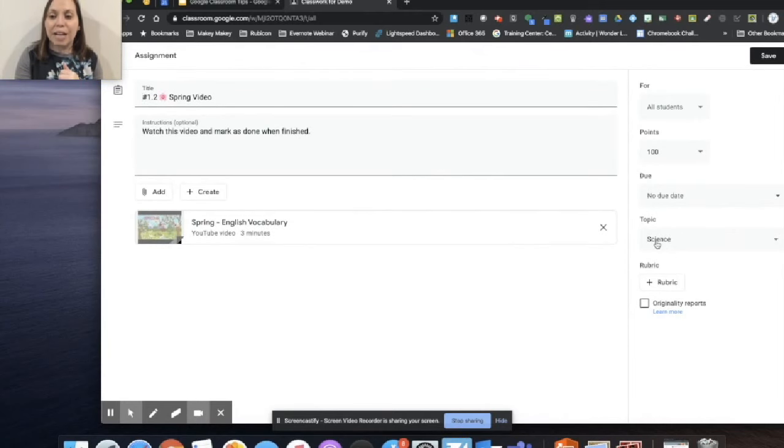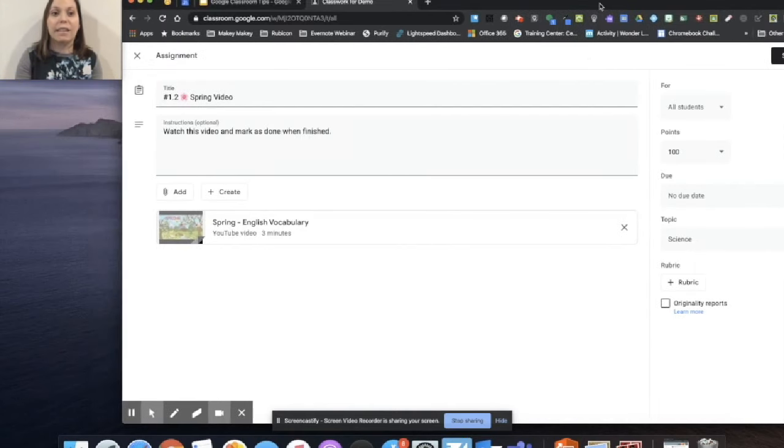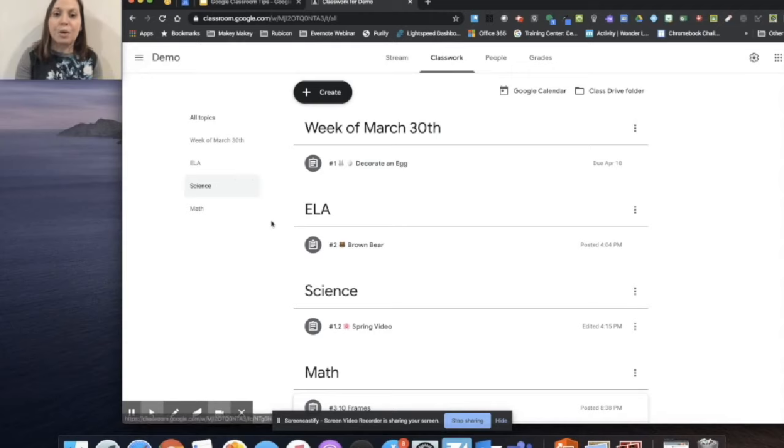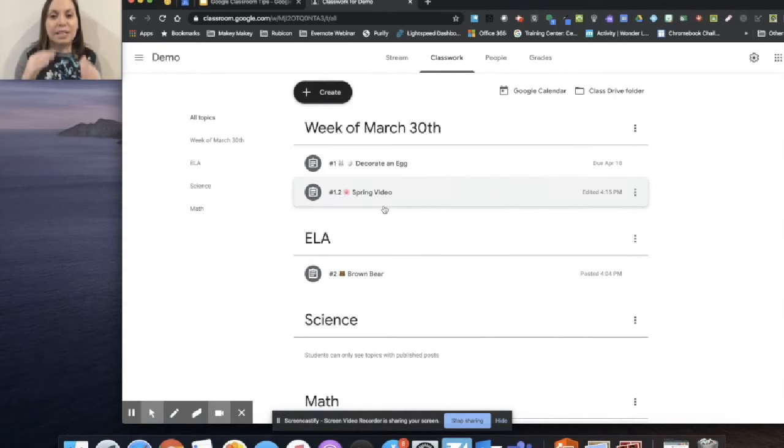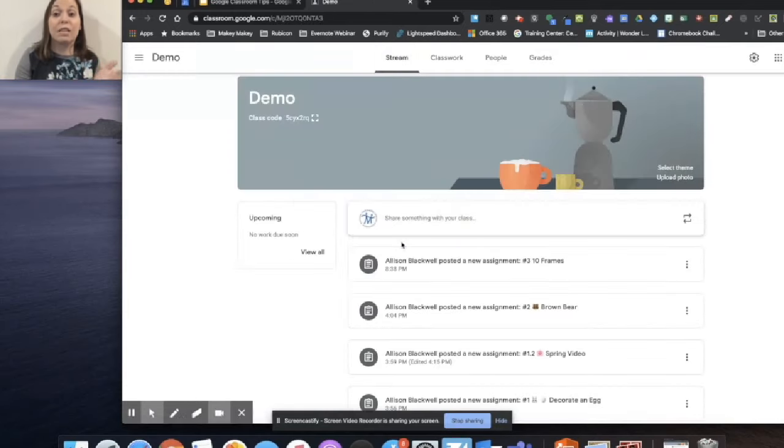So you can see right here, it still changes regardless of wherever I click and drag the assignment to. So that can help you out by putting all of the assignments that you want them to complete for the week, or for the first certain amount of days, up towards the top so it's easy to recognize. Because as your students start using Classroom more and more, things are going to get a little bit bombarded. It's going to be harder to view everything, and your stream is going to become a long, hot mess of